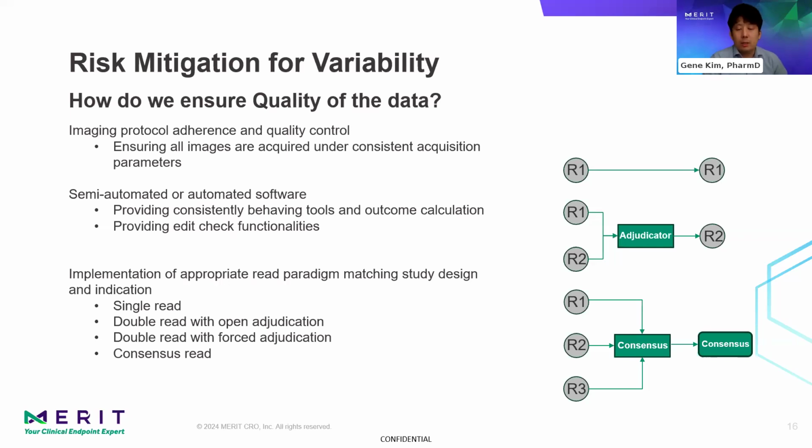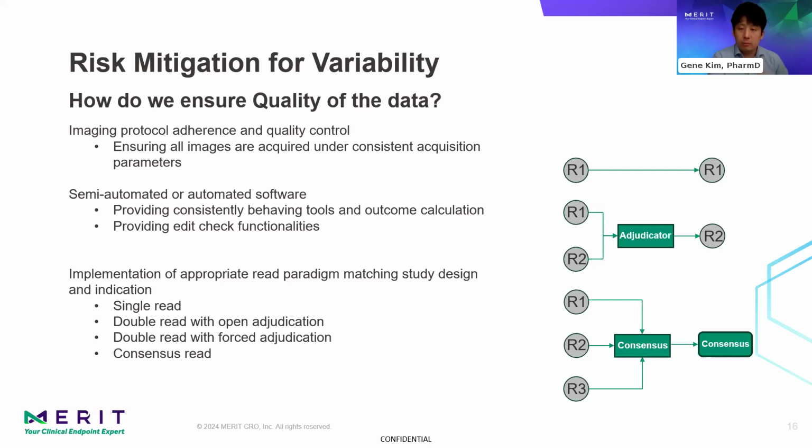Also, another aspect is semi-automated and assisted tools in the platform that behave in a consistent and precise way, which will reduce the variability in the assessment and also reduce the potential errors that can arise from